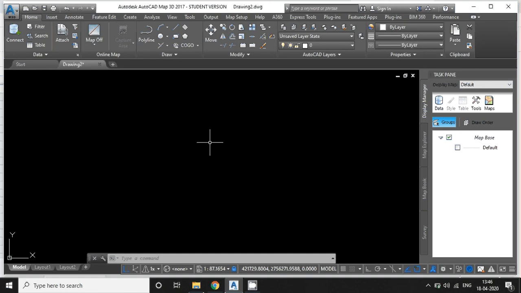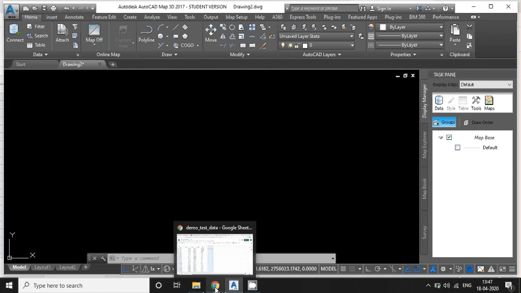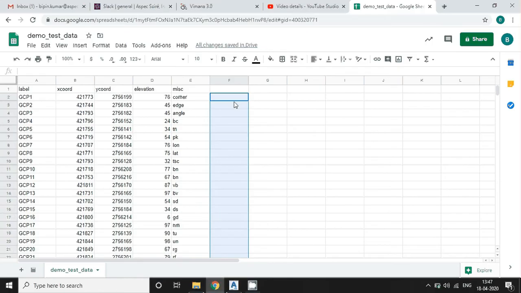In this video we'll discuss how to import the points CSV file into AutoCAD. For this, first open the CSV file and see here the CSV file along with X, Y and level information is showing here. For importing, first concatenate